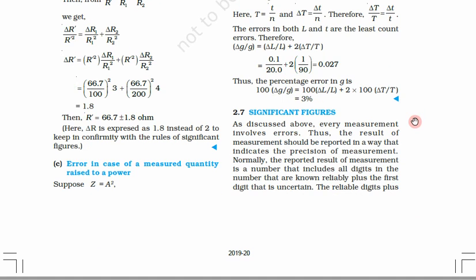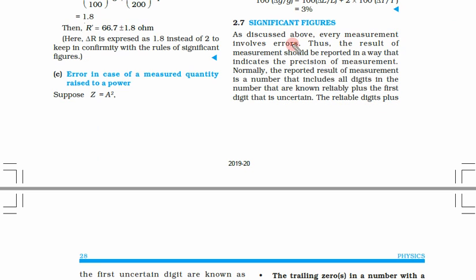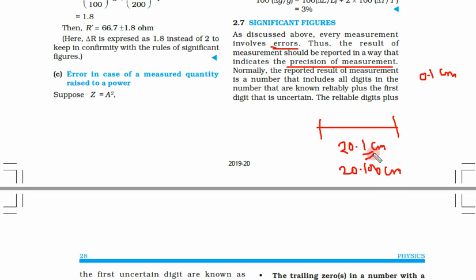So we are hearing about significant figures for a very long time. Now let us understand what are significant figures or significant digits. We have discussed that every measurement has some errors, and the result of measurements should be reported in a way that indicates the precision of measurements. Suppose we measure the length with the help of a meter scale, so definitely the least count of a meter scale is 0.1 centimeter. Then we should report it like 20.1 centimeter, not like 20.100 centimeter,